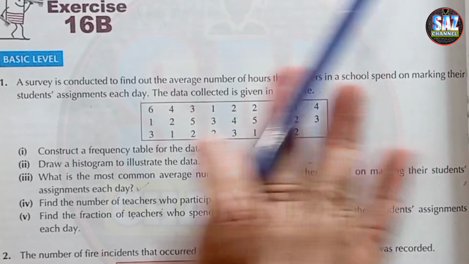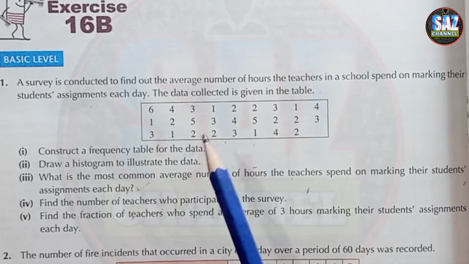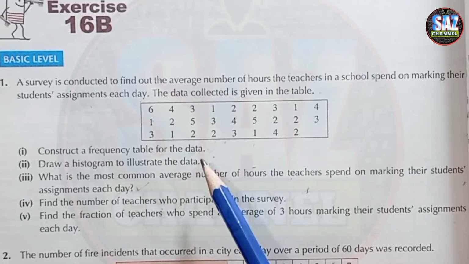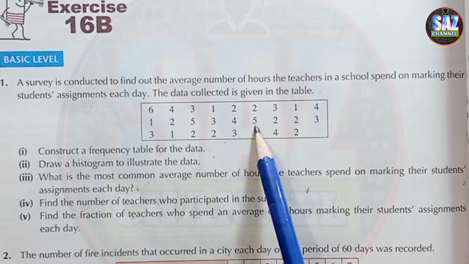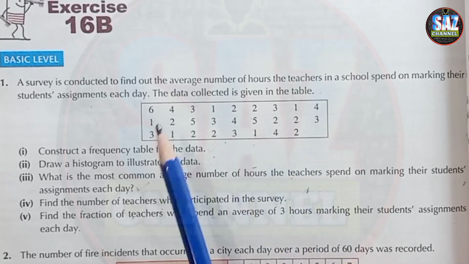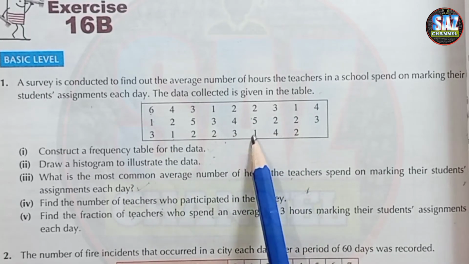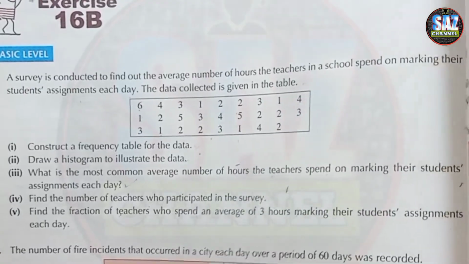Okay, if we look at the information which is given, that is not giving us any clear idea, that is not organized. So first of all, we have to construct the frequency table to organize our data. So if we look at this information given, we can see the minimum value, the smallest value of the data is 1, and then 2, 3, 4, 5, and the largest is 6. And we are having all numbers like 1, 2, 3, 4, 5, and 6. So first of all, what we have to do is that we have to construct the frequency table here.